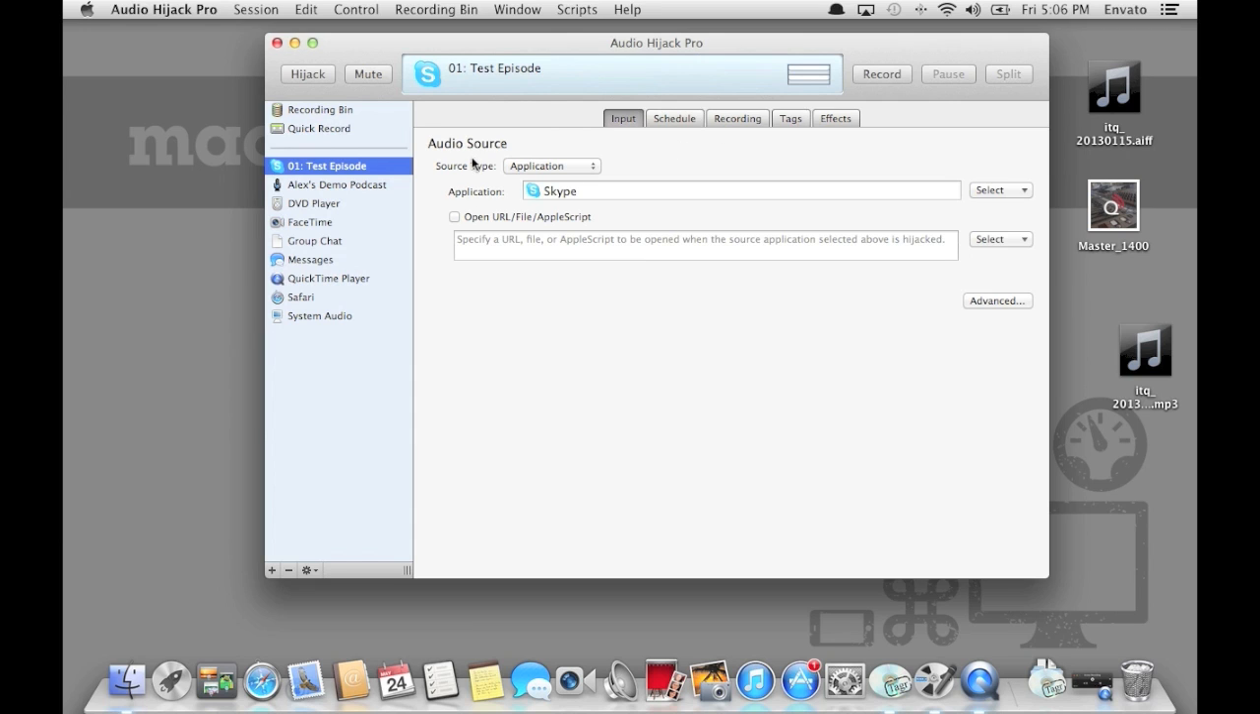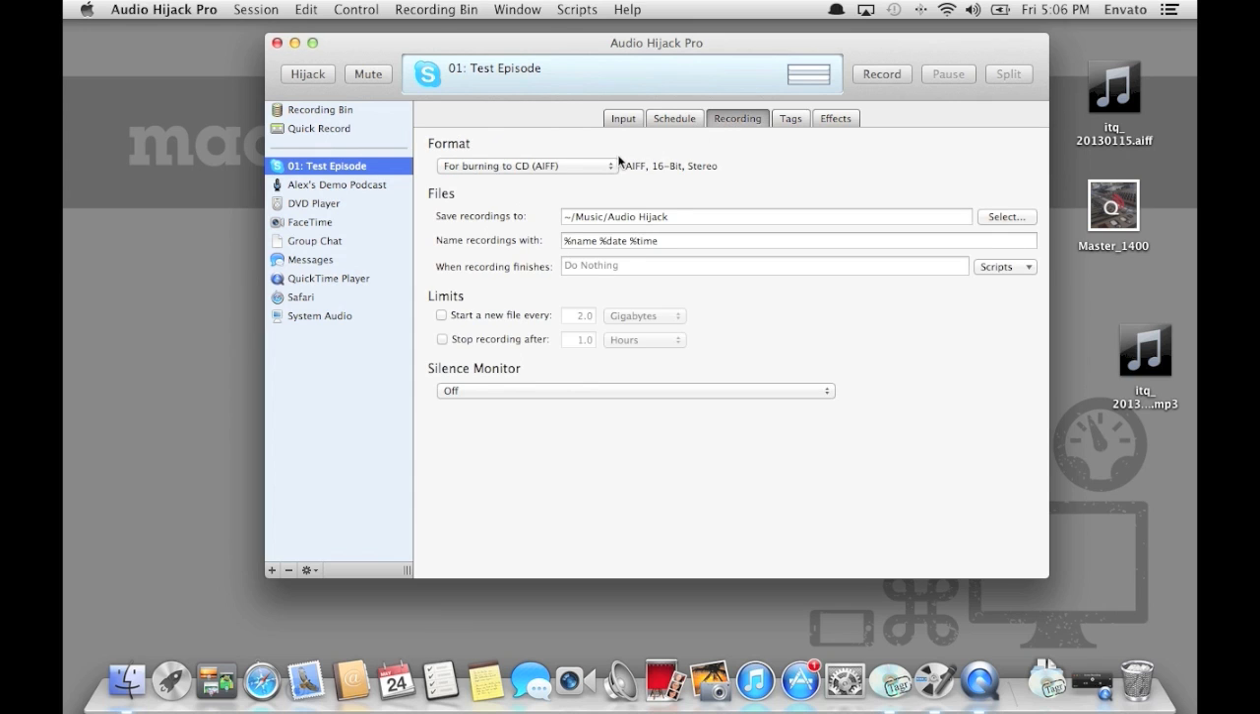So again, you get to choose your audio source in Audio Hijack Pro. Here I've selected an application and Skype again. You can do scheduling stuff, which isn't really required per se for doing a podcast, so we're going to skip over that. But then under recording, what I would recommend doing is selecting as your quality